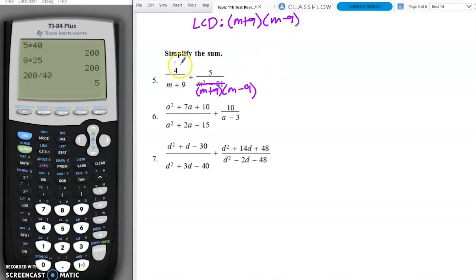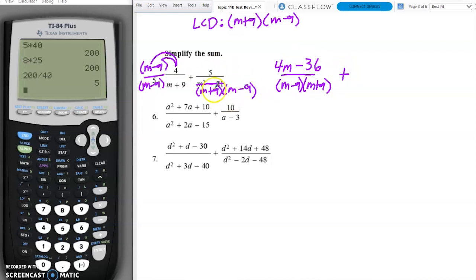So looking at my two denominators, this first fraction here is missing that M minus 9 in its denominator. So we're going to multiply it by M minus 9 over M minus 9. And so that denominator is now going to be M minus 9 and M plus 9. And we're going to multiply the 4 by the M minus 9. So we're going to end up with 4M minus 36